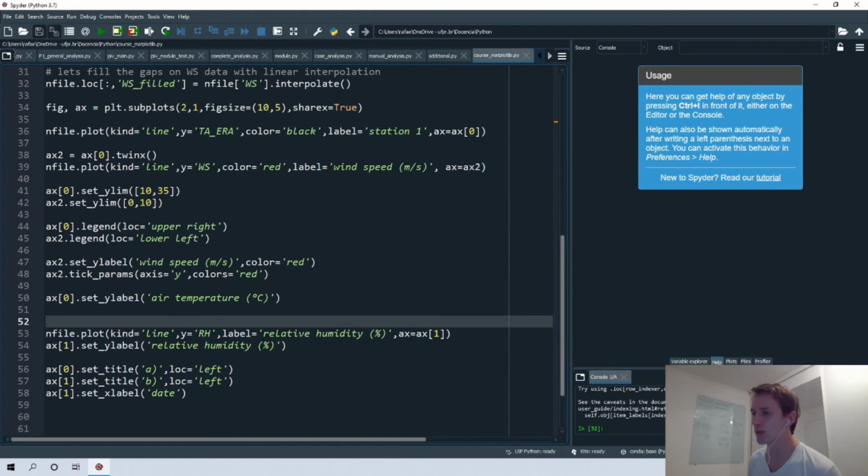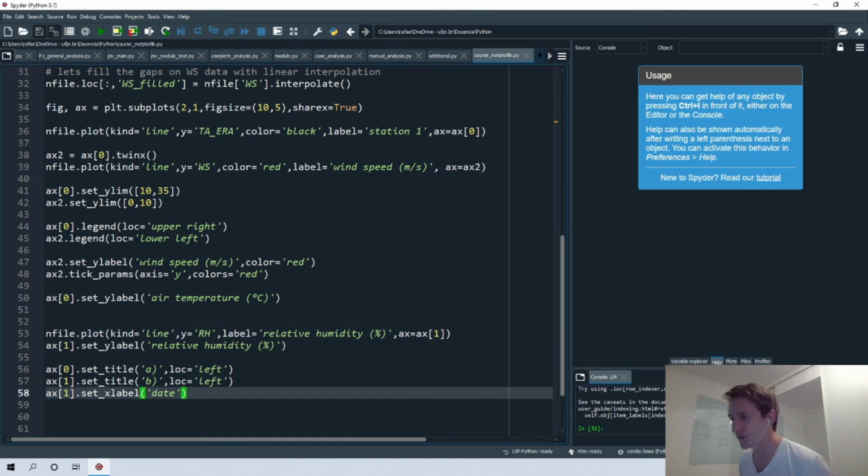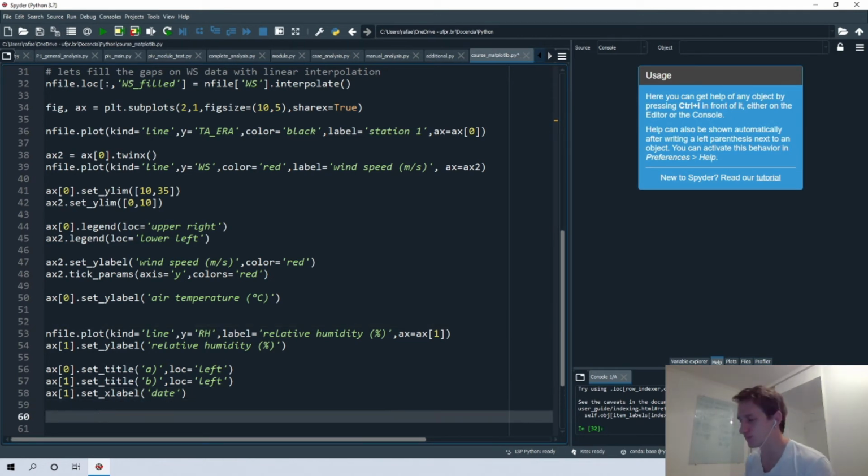Okay, now we want to create a second figure. It's a simple scatter figure. For example, we can define a new figure with the same variables, because we already used those, so you don't need to change the variable for that. So you can use fig and ax as a new variable.